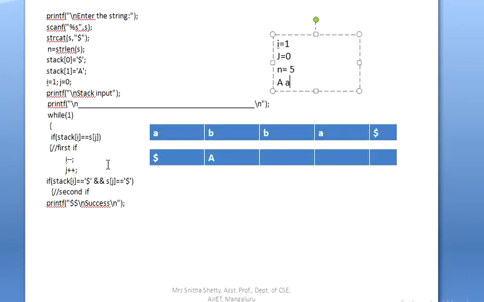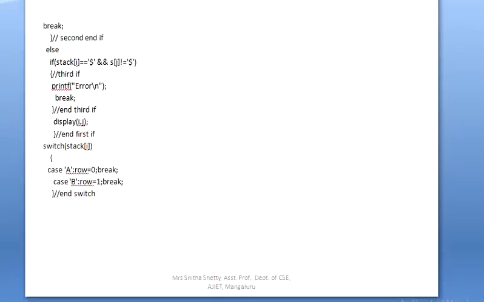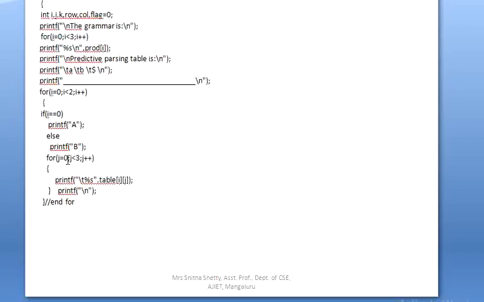So see here, I am checking whether stack of 1 is equal to S of 0. Since it is not equal, I am not going inside this if. Let me see where that first if is ending. The first if is ending here. So I am not going inside the if statement, and I am not executing all these statements. So this part I will explain later. Anyhow, it is the program that I will explain. But here in the previous step I am checking the condition.